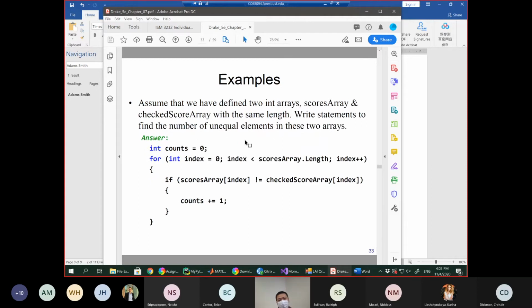So here is another example. Assume that we have defined two int arrays, scores array and checked score array, with the same length. Write statements to find the number of unequal elements in these two arrays. You see that in this case, I'm trying to give you an idea how you can revise those basic algorithms to do something. In this case, I would like to count the number of non-equal elements in these